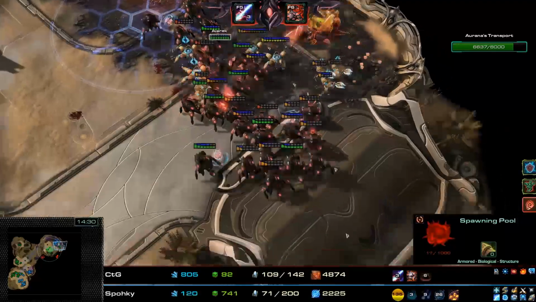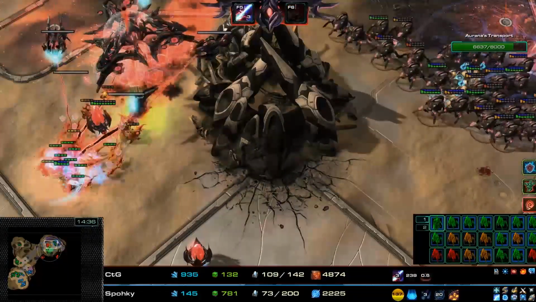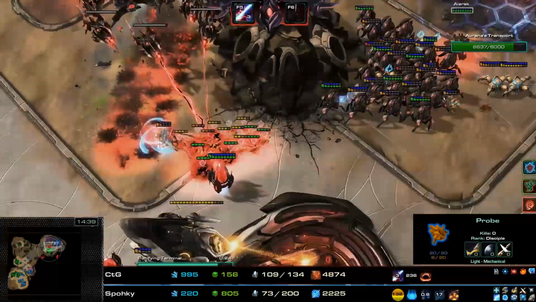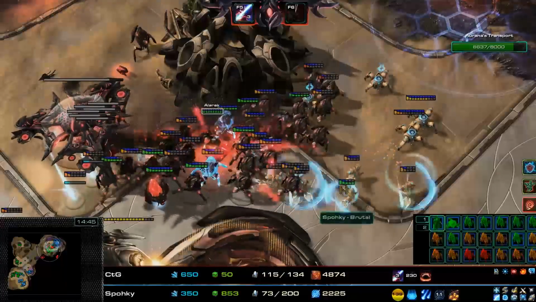Unfortunately, he will be losing a lot of the units in the process because the banelings are not very fun to deal with. And now we have another one here. One pylon goes down. I think that pylon will be saved because the enemy units aggroed to Alarak's